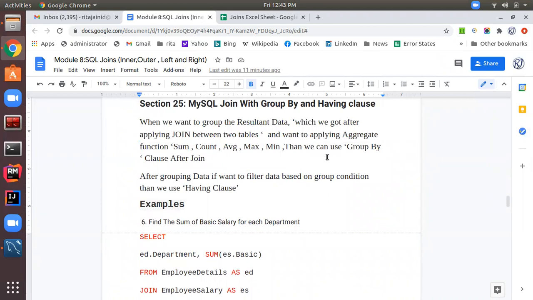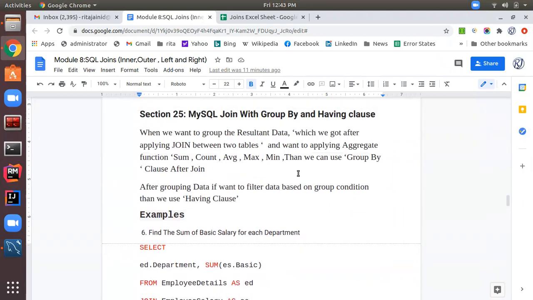So first of all, after filtering the data using the join command, we give group by, right? And in group by we can specify the column on which we want to group our data. If we want to group our data based on department, we give the department column after the group by clause, or if we want to group by location or country, then we give country.